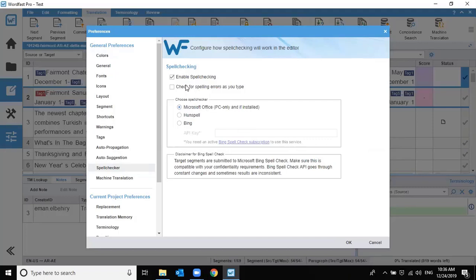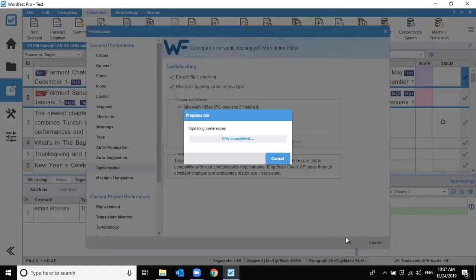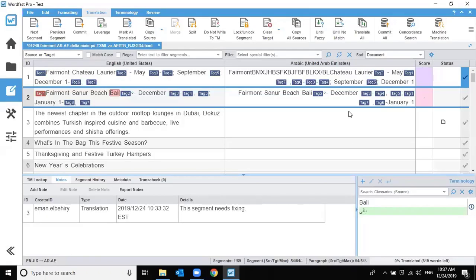Or you can also customize this by checking the spell errors as you type, instead of waiting to press F7 every time and then. So you simply do this, click on OK. I will enable this because it's really helpful. I click on OK. It's updating my preferences. And when I click on F7,